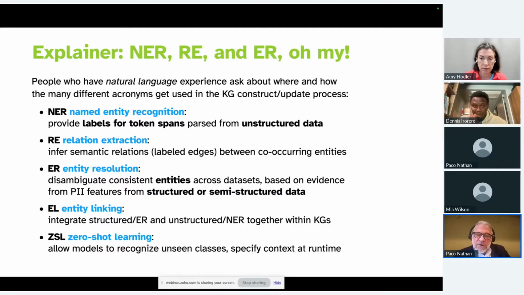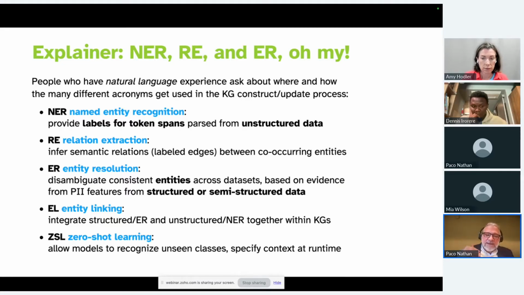Relation extraction is where you look at trying to infer relations, edges that have semantic labels between two entities that are co-occurring somewhere nearby each other in the text. Entity resolution is different. That's where you're working with structured data to disambiguate where are the consistent entities across datasets.